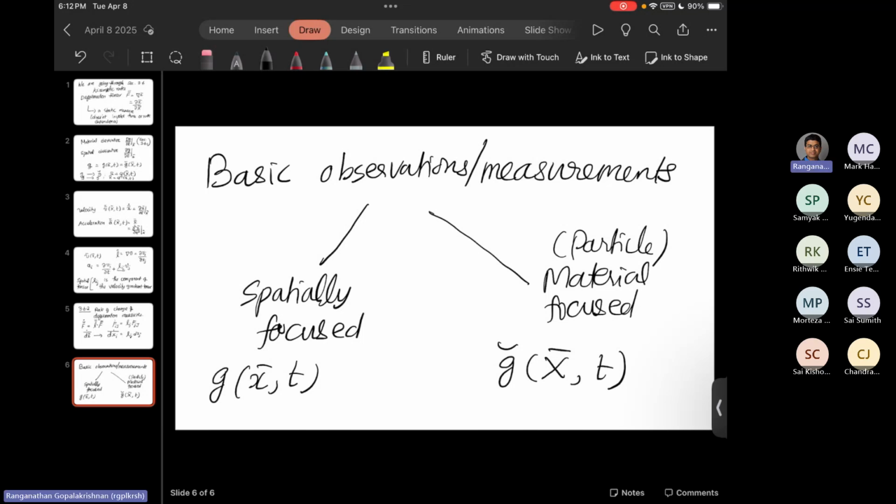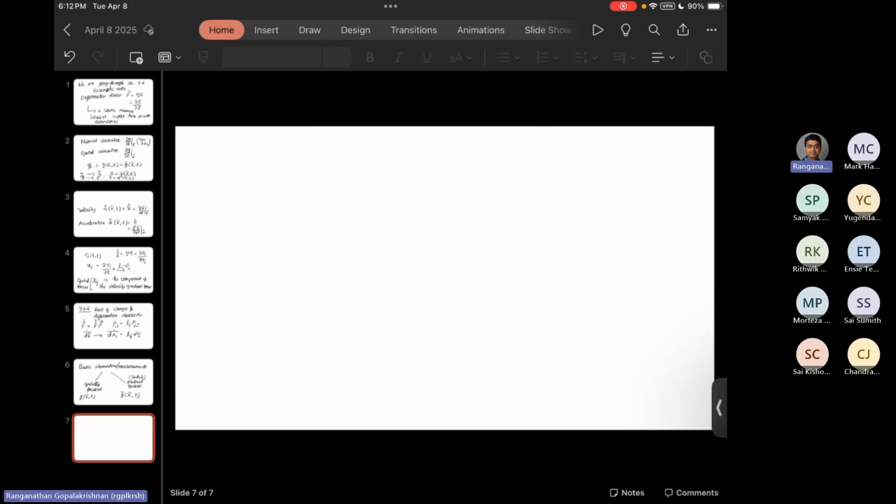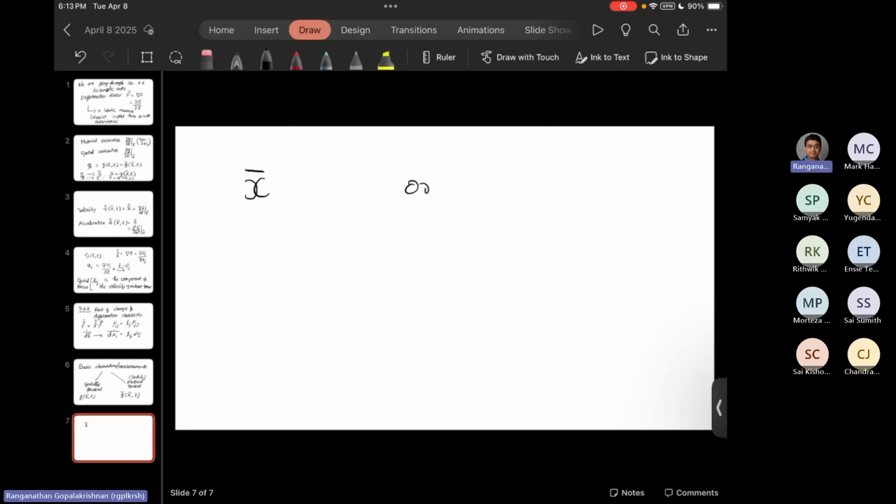In either case, or in both cases, we extract quantities like x or material X, which together determine